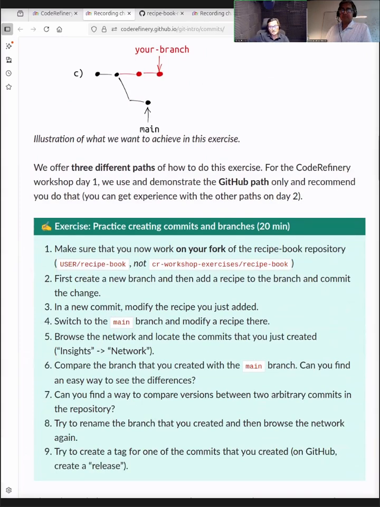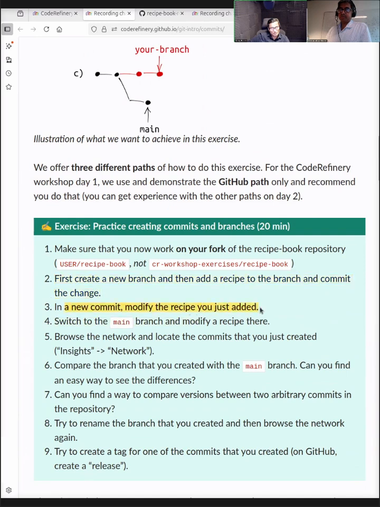What you should do is, first, make sure you're on your fork. I showed several times on the top that I'm not in the main, the place where I forked it from, which we call upstream in the technical sense. You have to be on your fork, or the copy you made. Okay. First, create a new branch. That I also did, by clicking on the place where the branch symbol is and creating one. And then